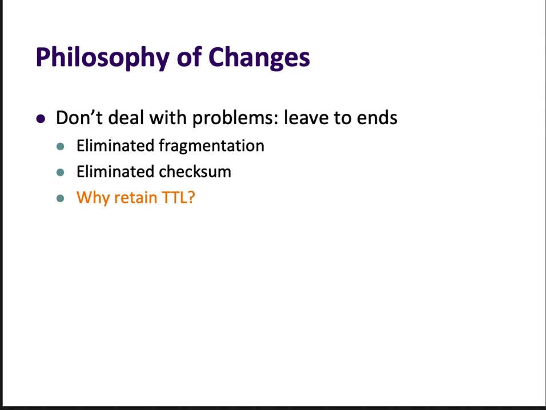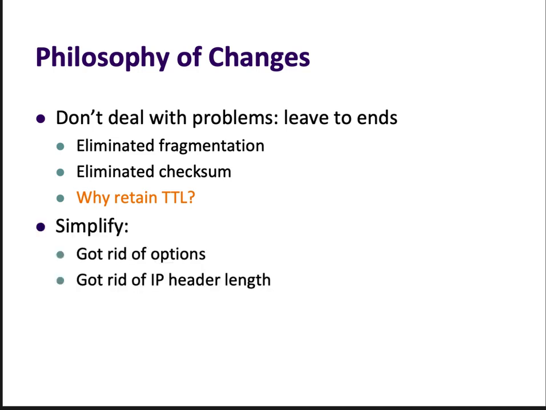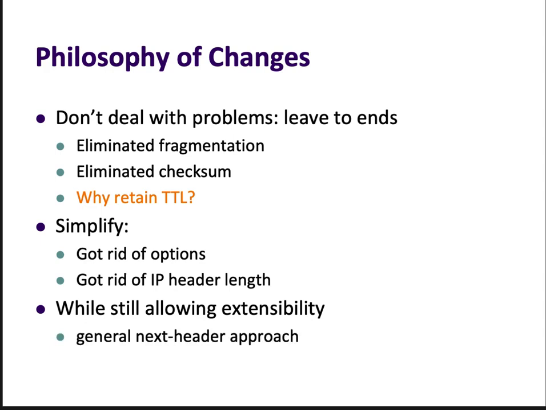Yeah, because we needed TTL because of all these routing convergence issues and loops. It's really hard to imagine how an end host could help with that. Routing convergence truly is a network problem. There's also an emphasis on simplification, which is why they got rid of options and the IP header length. But at the same time, I think the thing that's nice about the IPv6 header is they've kept in mind this need for extensibility. And they've done it very cleanly with just this generalized next header approach,